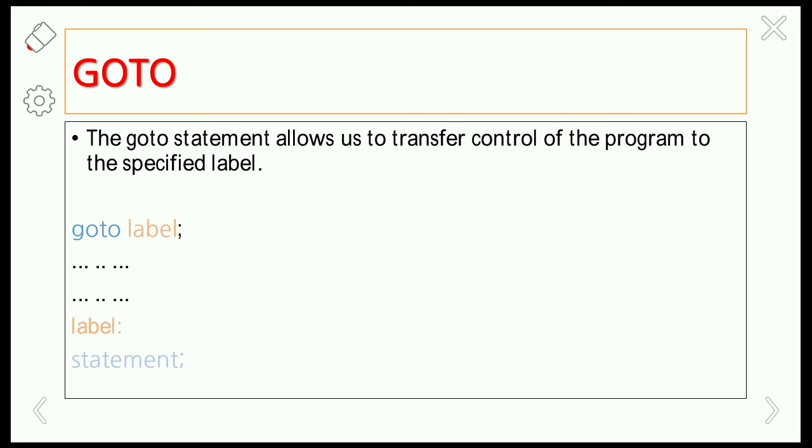Okay, so here we are going to the particular identifier location without any condition if you are encountering the goto keyword. Okay, so the control of the program will jump to the particular label and execute the code below it. Okay, so here the code segments may be of different types. So you can jump forward or backward using the goto statement.